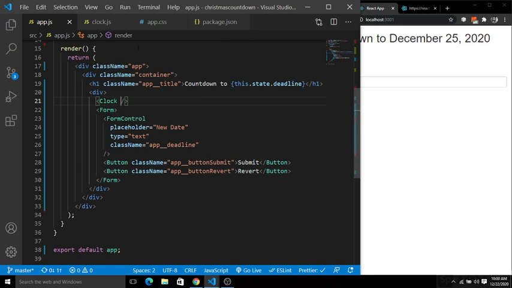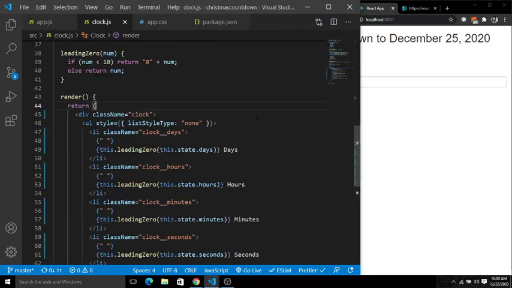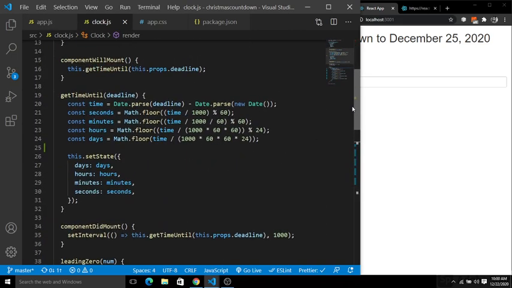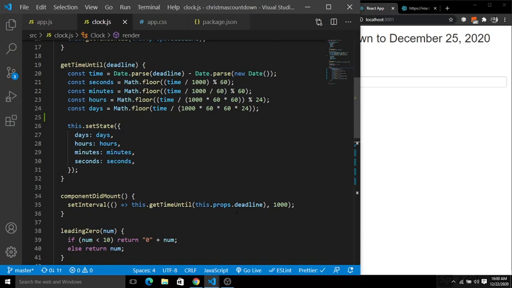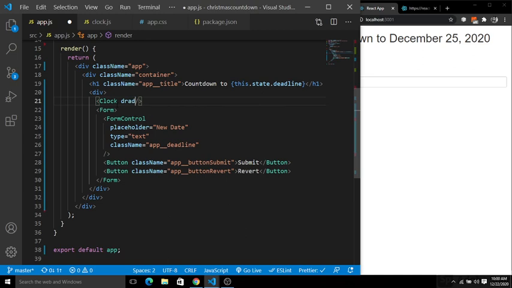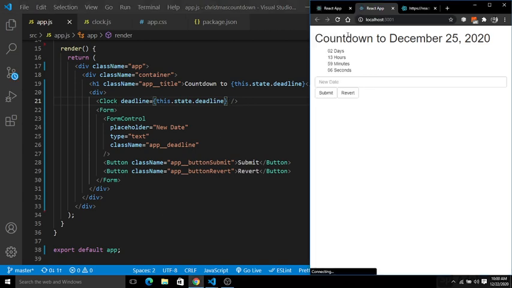So we have this props deadline, so let's put here deadline, and inside deadline we have this.state.deadline. On saving this, you can see here 2 days 13 hours 59 minutes, and this countdown is now going on. So we are done with this.